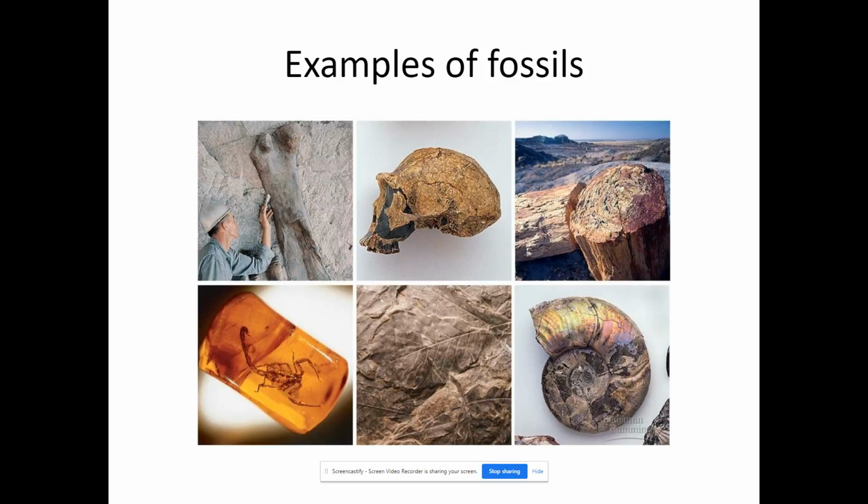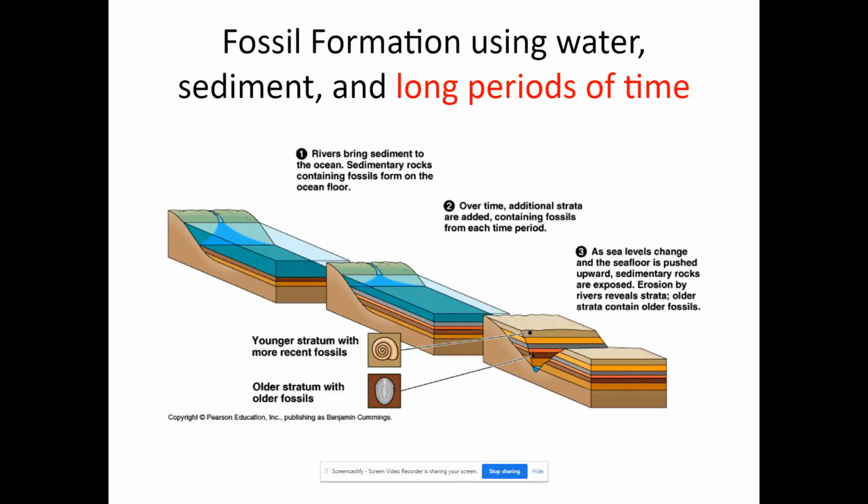There you have anything trapped in amber, or the fossilized tree or the leaves there, all considered fossils. And so what Cuvier noticed is that these fossils would be found in sediment and rocks, in the layers of rocks, and these layers would have to be built over time, and this was a gradual kind of process.